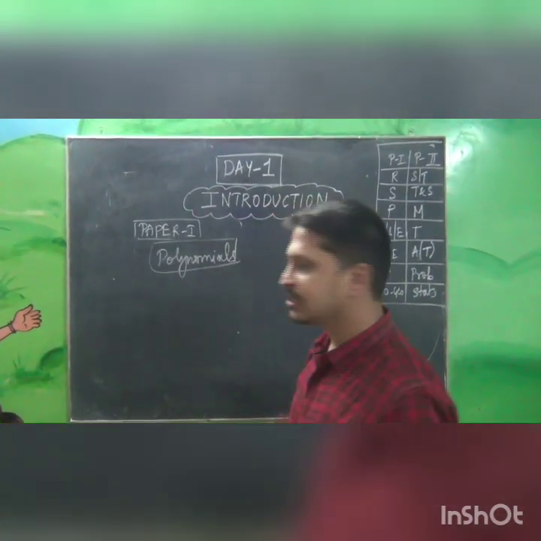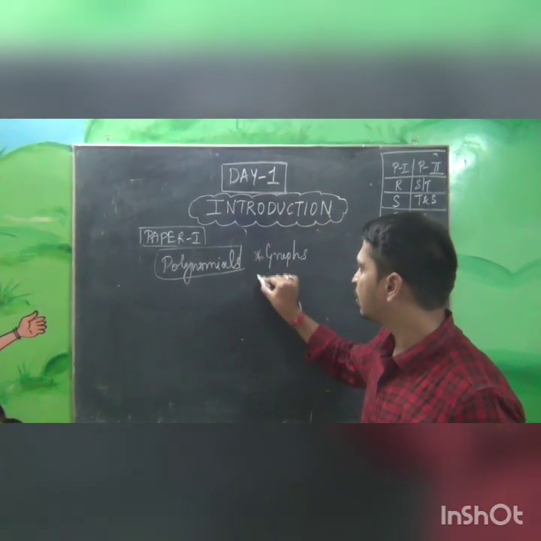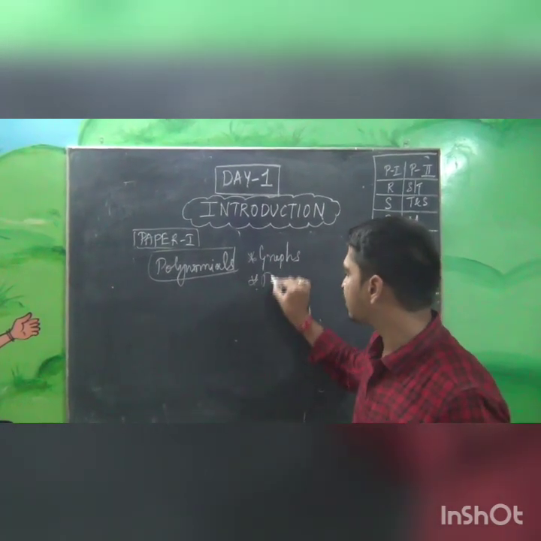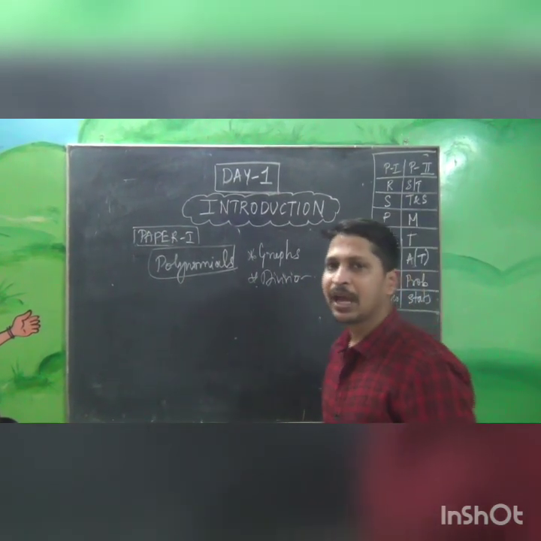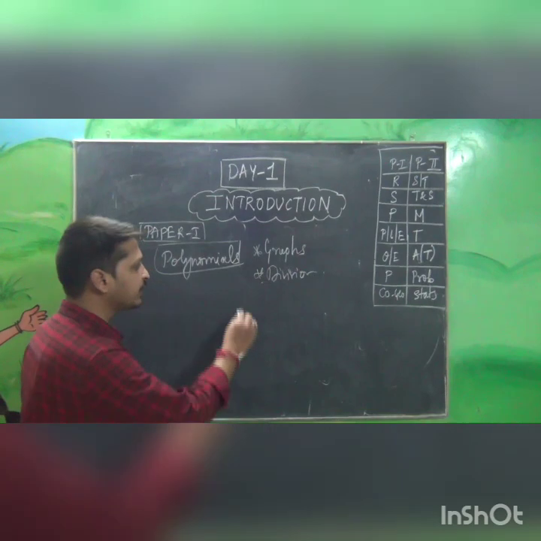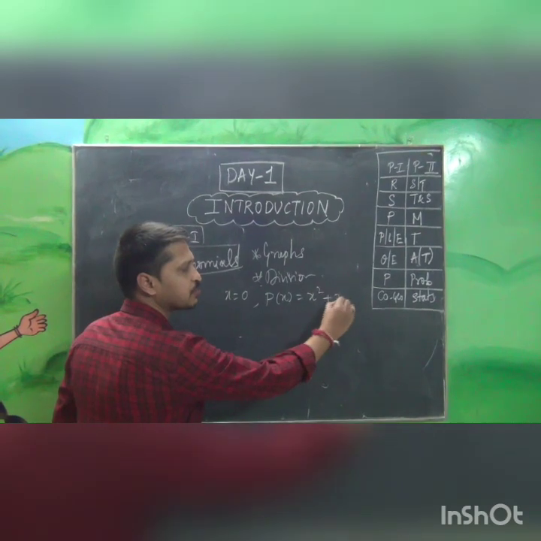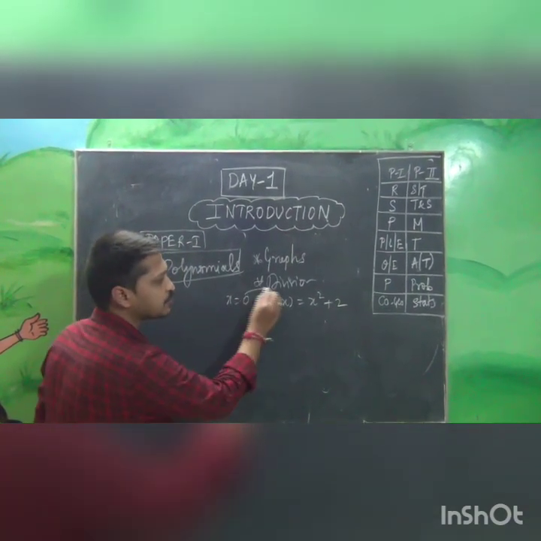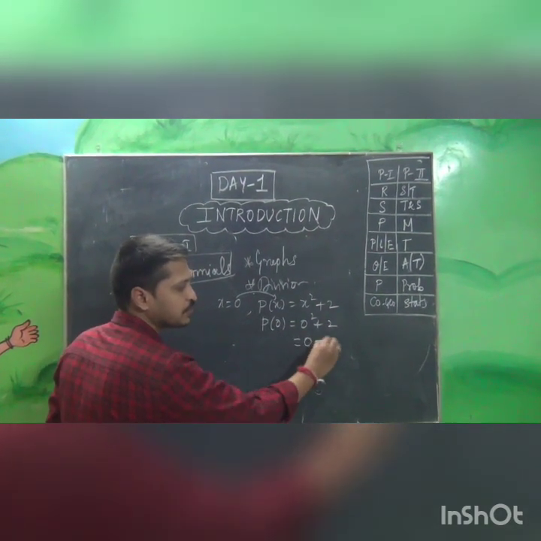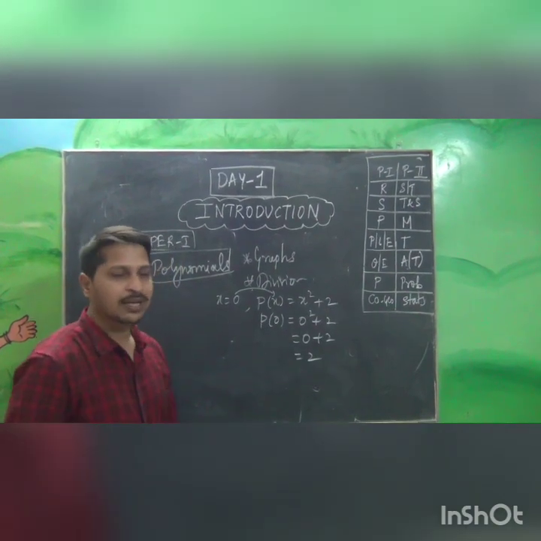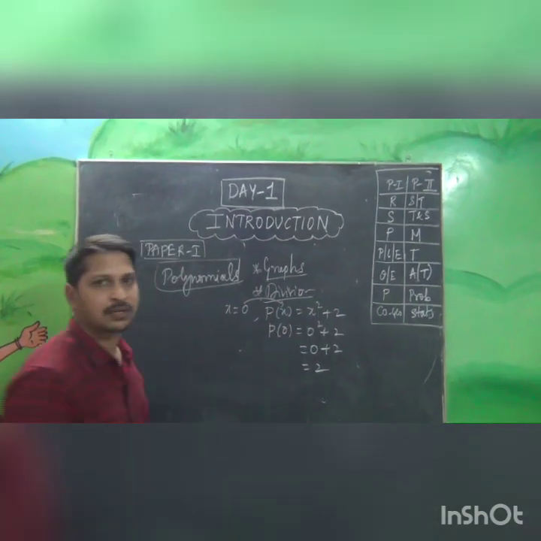So basically in polynomials, we will discuss the graphs and we will discuss the divisions. Okay, the majority belongs to graphs and divisions. Along with that, there is a small concept which you have already done, like if x is equal to 0, find the value of x square plus 2. In your lower classes you might have substituted x here: p of 0, which is equal to 0 square plus 2, which is equal to 0 plus 2, which is equal to 2. Okay, this is a small introduction part which you have already done. Along with that, graphs and division concepts will be there.